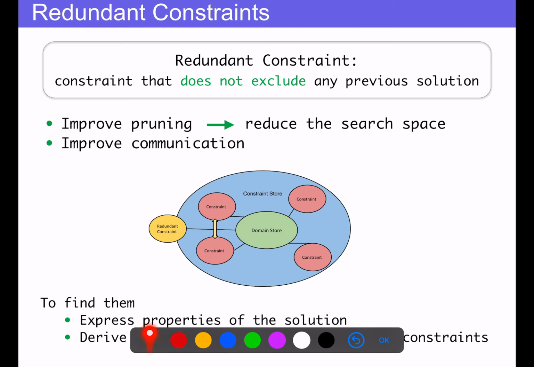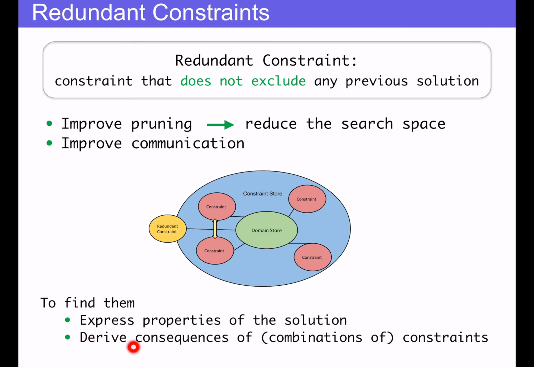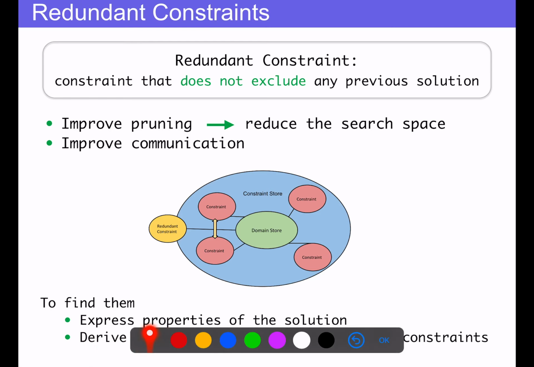Okay. It's quite frequent that it's sometimes a good idea to add a new constraint to your model that we call a redundant constraint that could improve the pruning, okay? And this improved pruning will lead to a reduced search space exploration, and so you will speed up the way the problem will be solved, okay? And usually to find a good redundant constraint, that should of course not remove any previous solution, that will simply prune more, usually you try to express properties of the solution or try to derive consequences or combinations of new constraints.